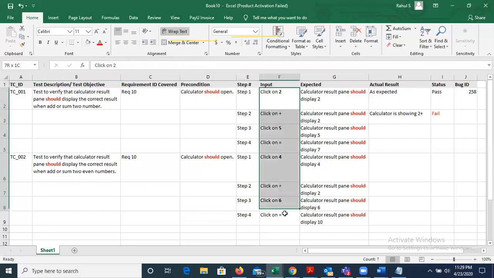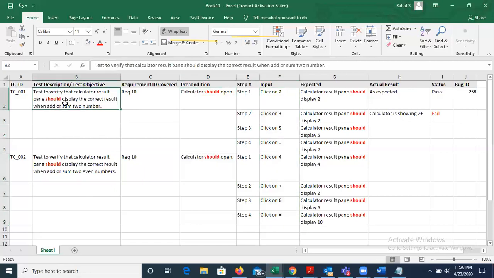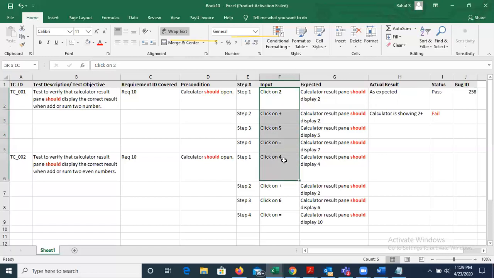Input, we provide to achieve this objective or description. And once we get the application or build, we provide input on the application, whatever we have written here, and based on that we check the application behavior.